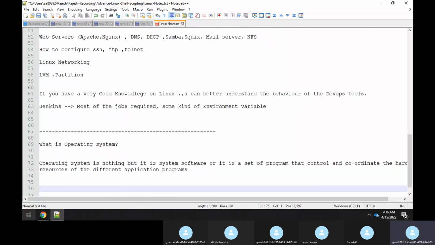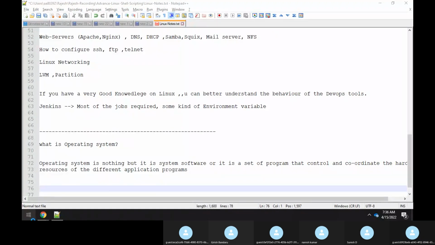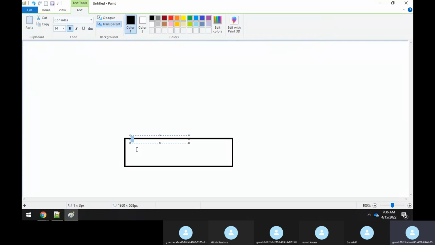Now, what does it mean? See, this is something like hardware, guys. If you ask me what hardware means, hardware is something like, you have a keyboard, you have a RAM, you have a mouse, you have a screen or a terminal, you have a hard disk.